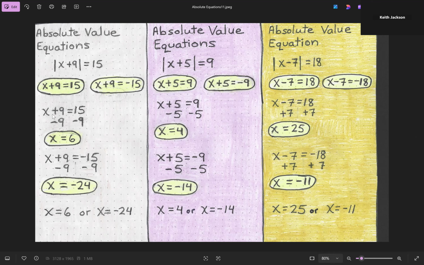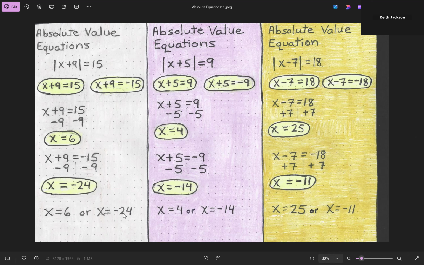And so if we work out x plus 9 is equal to 15, all we have to do right here is subtract 9 from both sides, and we'll discover that x is equal to 6 for this outcome right here. And then we're going to work out the other outcome of x plus 9 is equal to a negative 15, keeping in mind that we're going to subtract 9 from both sides, and x will equal a negative 24. So our outcomes for this will be x is equal to 6 or x is equal to a negative 24,